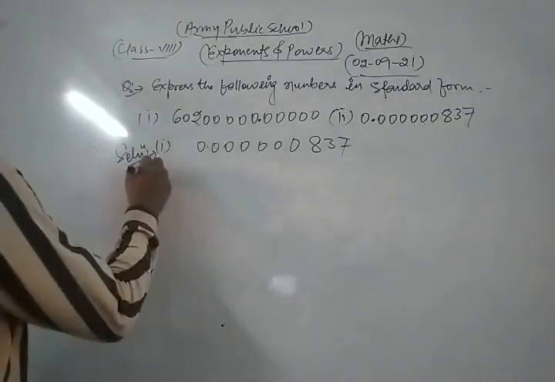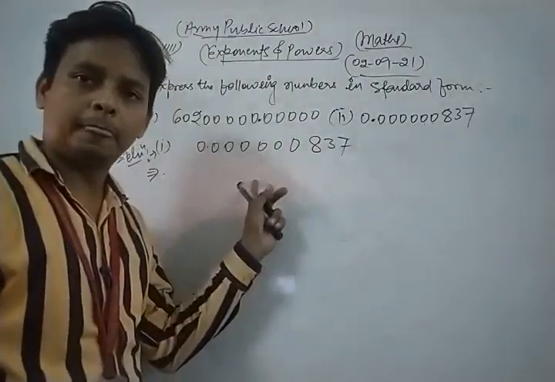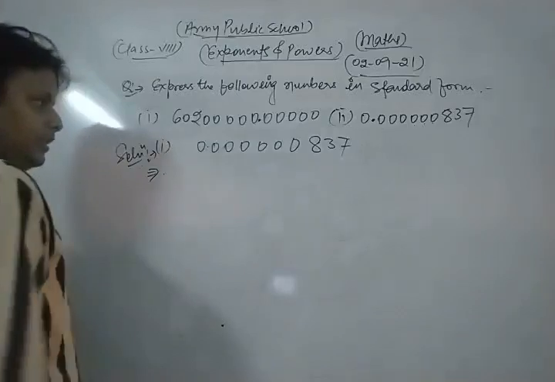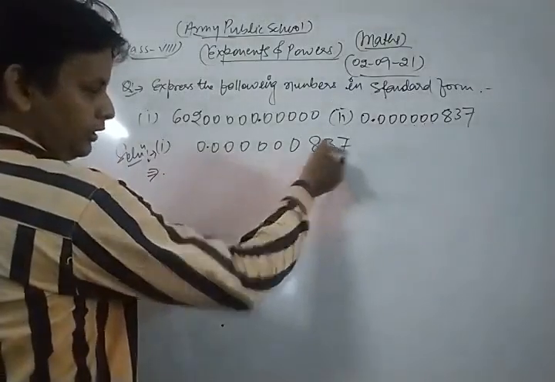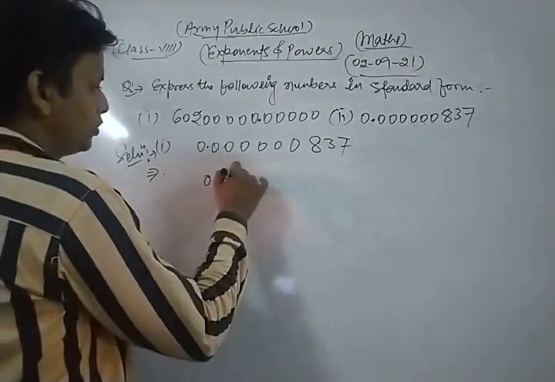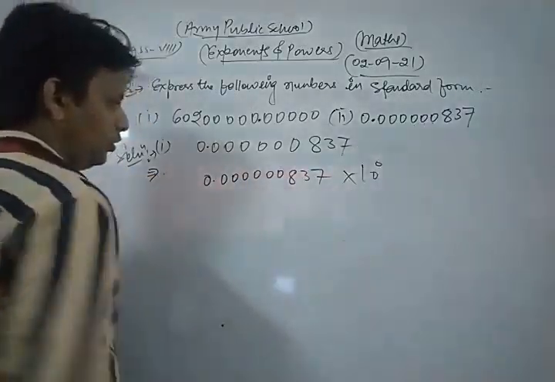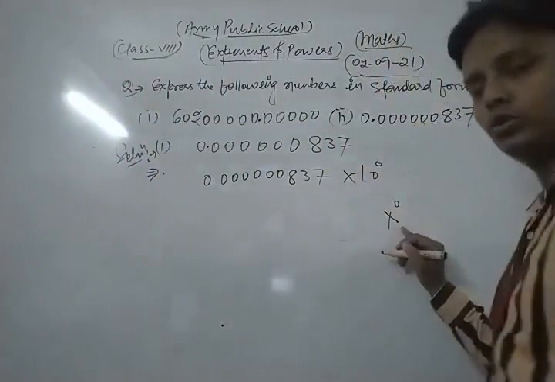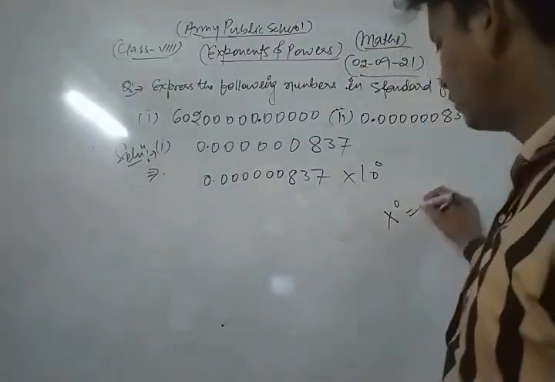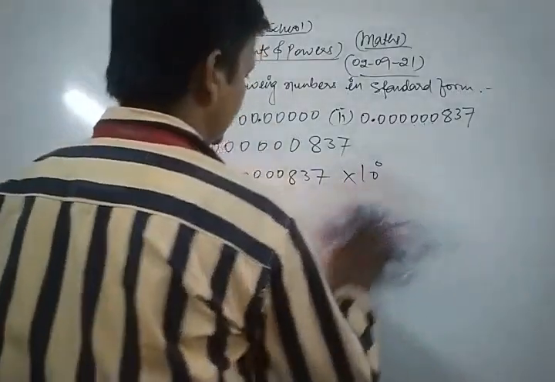Now look here, dear friends, we replace the decimal at that point. So first of all, we can write 0.123456837 into 10 to the power 0, because if we write 10 to the power 0, then its value is 1. You know that if any number has power 0, either variables or constant, then its value is always equal to 1. You know that very well. So here we can write 10 to the power 0.